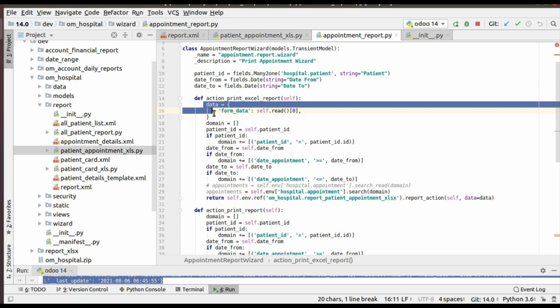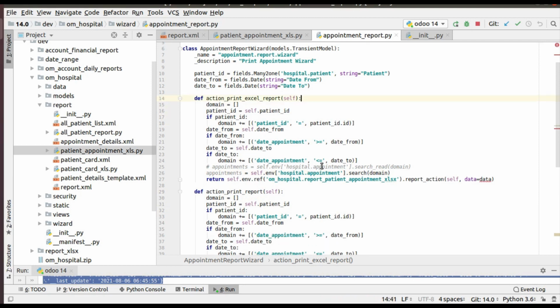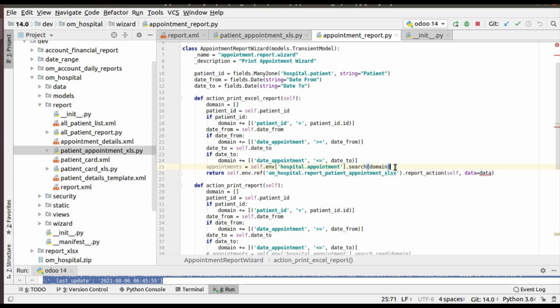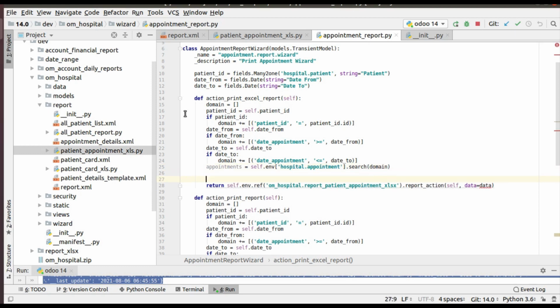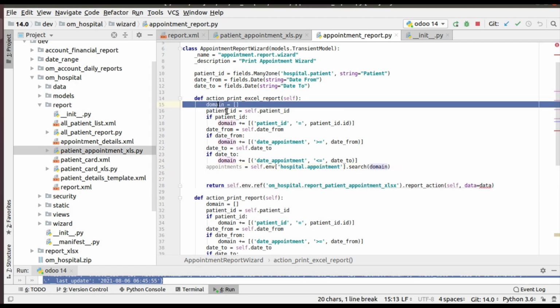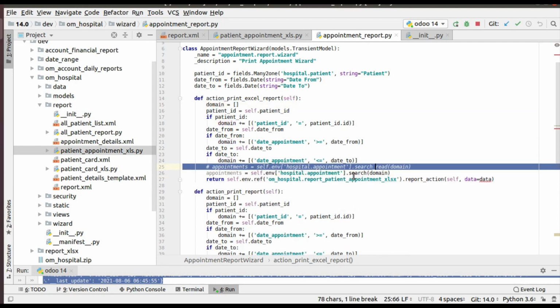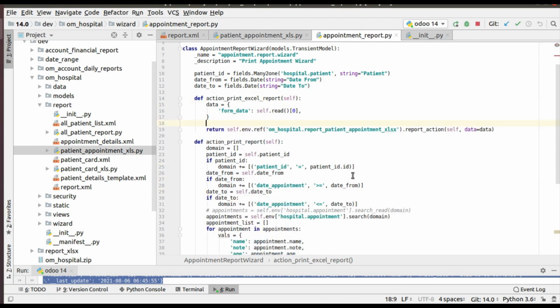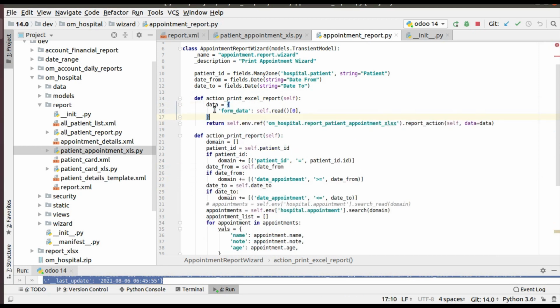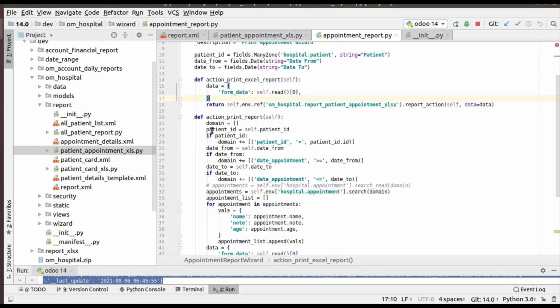and let me delete that. I'm just changing my approach to a better and easier way. So here you can see I'm setting a domain, what I need I'm passing. So let me explain, undo once again and explain. So instead of passing all the data to the template, I'll pass only the data that has to be printed. So similarly we have done here.